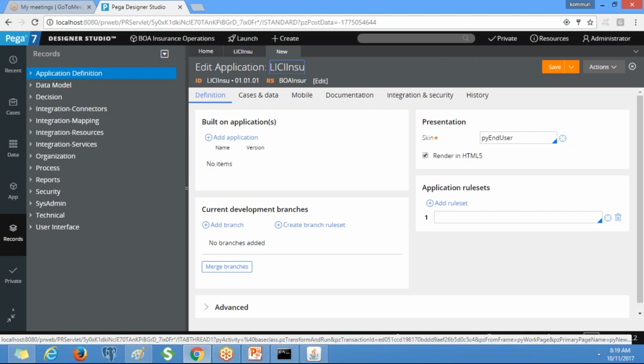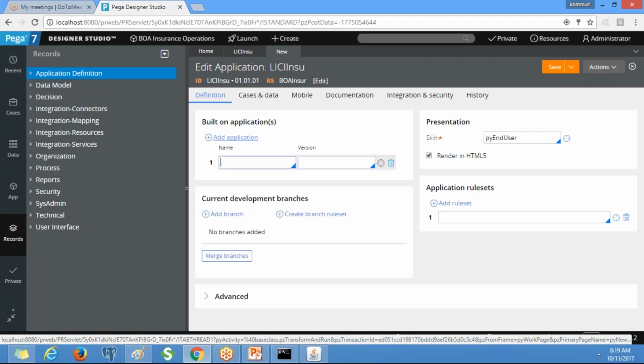So we are going to design our application by using the PRPC application, Pega rules. When we created the BOA application by logging in as administrator@pega.com, we saw Pega rules. That is the PRPC application name. By using that application, we are going to design our own applications. Clear or any confusions?